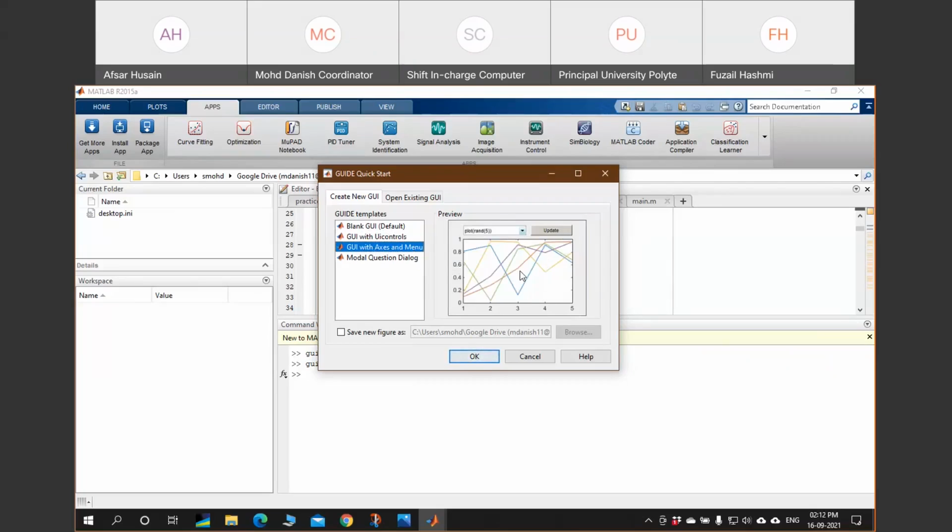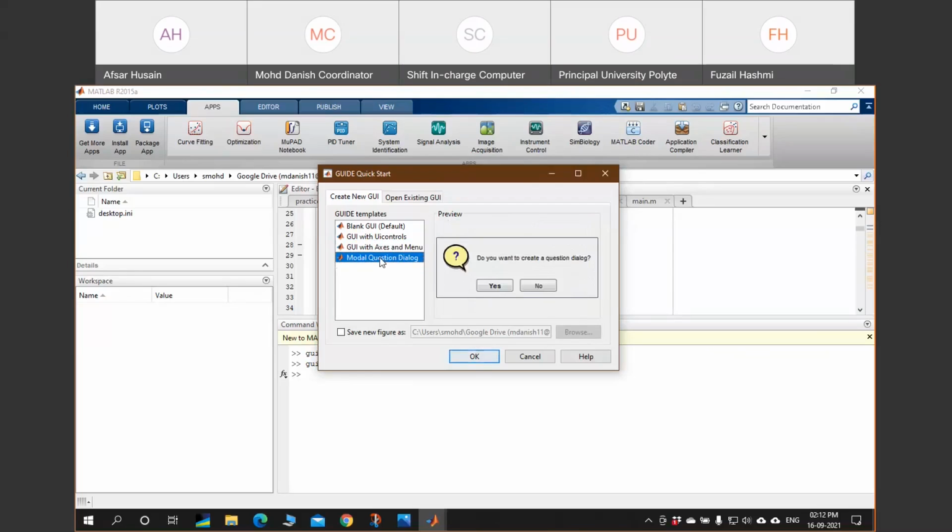If someone does not want to create an application from scratch, and wants to create a plot application that can plot various expressions, they can use this template. And this other template is the Modal Question Dialog. If you want to design a question dialog box, this is the template for it.